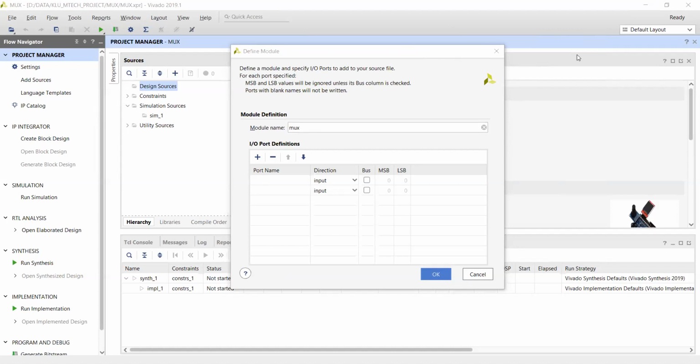2 inputs and 1 output, sir. Okay, sir. Rather than that, anything is there? Selection lines. So the selection line, it may be an input or output. That is input only, sir. Very good, sir. So how many inputs and how many outputs are there now? 3 inputs, sir. Very good. Thank you very much.